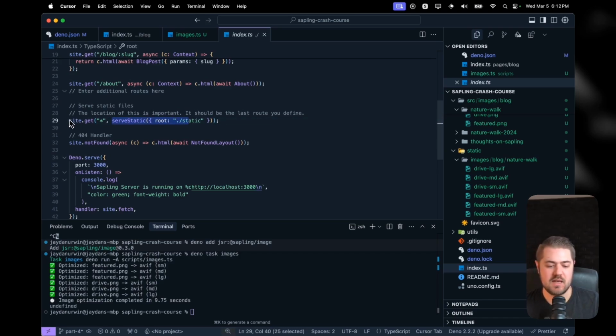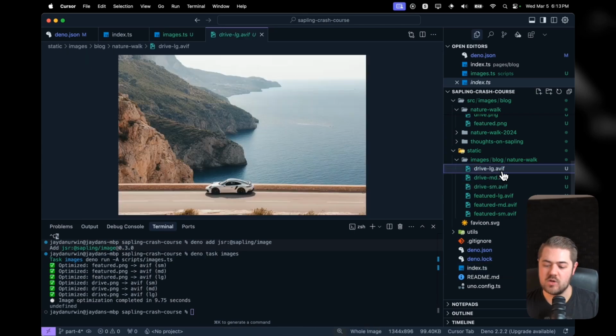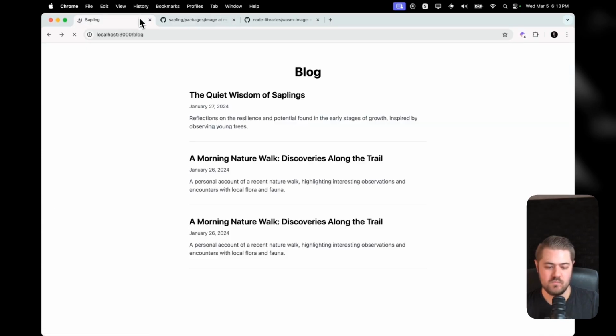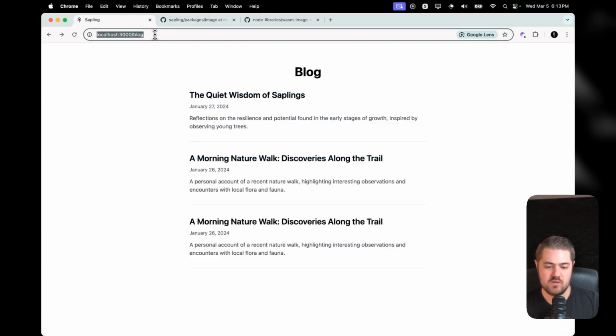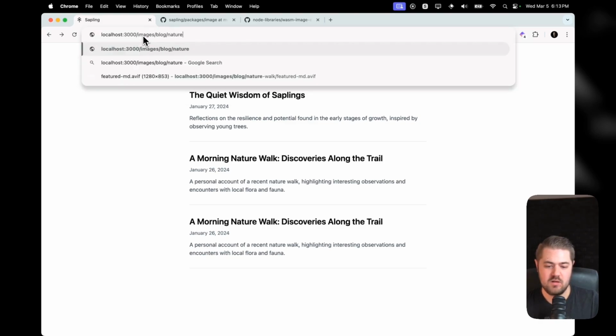So we have site.get, so the all path is like the catch-all at the root level, right? So we can do just /images/blog/nature-walk, and we should be able to see that image. So let's test that. Deno task dev. We're going to get our dev server running again. And let's do /images/blog/nature-walk, and let's do featured